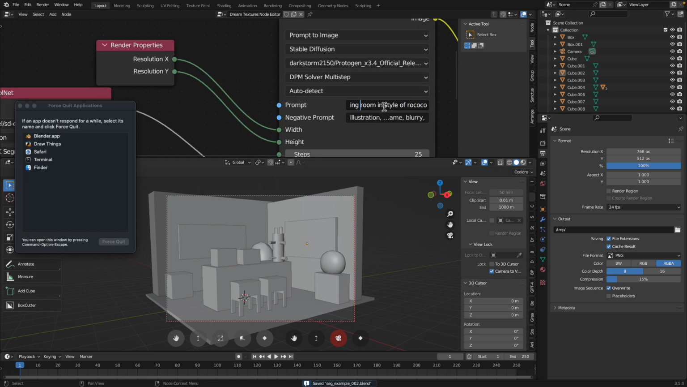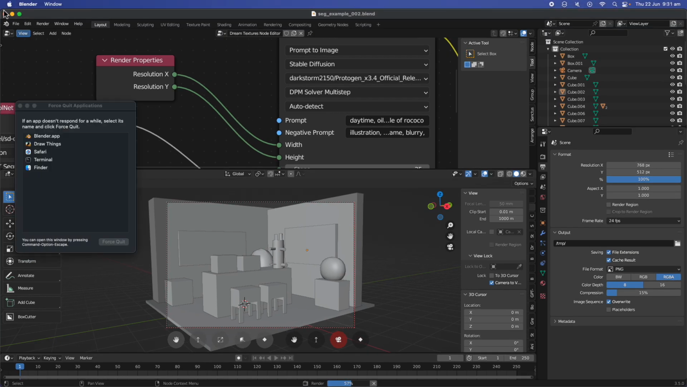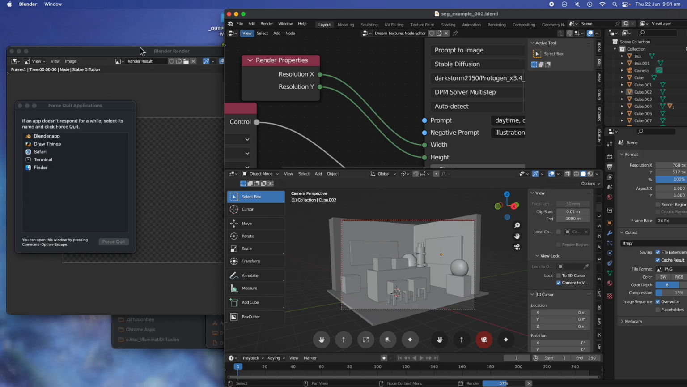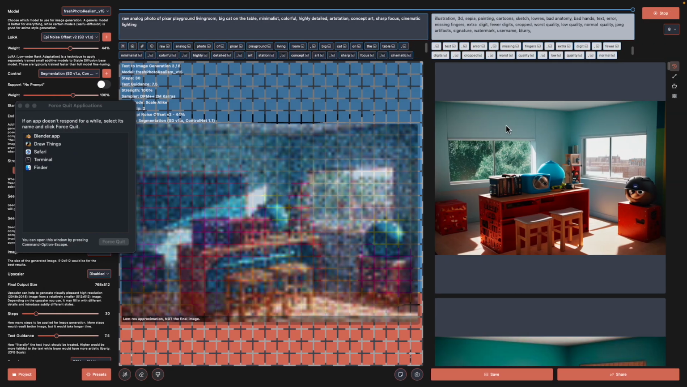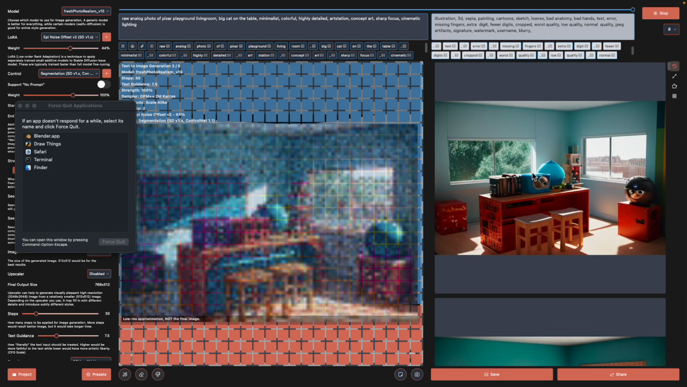Let's say living room, oil painting of a living room with, on the table, a fat panda, fat ugly panda. Render. We should be seeing a result hopefully. Okay, we got some rooms. We don't have animals here, so sometimes the AI is probably slightly